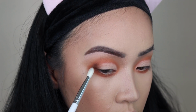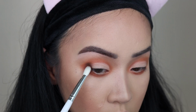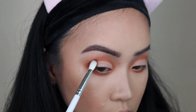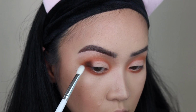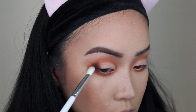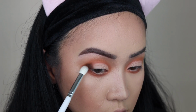The shimmer color will always end up in your outer corner area, and it's really hard to put a matte shade and pack on and blend once that shimmer is over there. So that's why after I cut the crease, I like to put on my outer corner color first, just so that when the shimmer hits it, it'll be easier to go over it and make it go away later on. So for my outer corner, I'm gonna go in with,